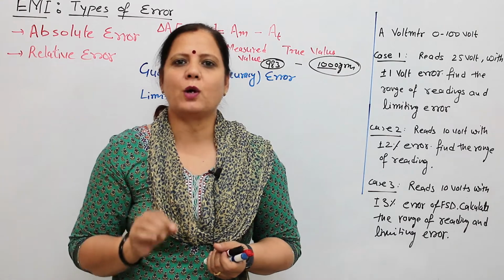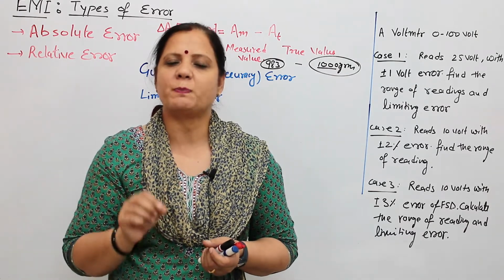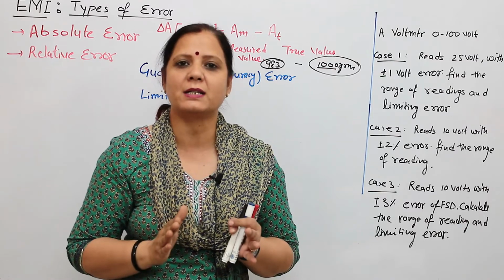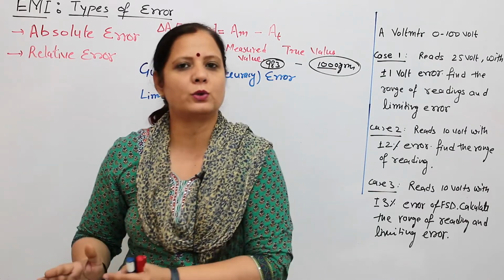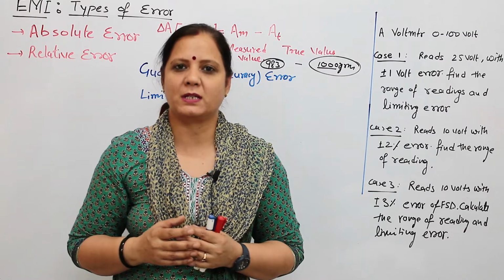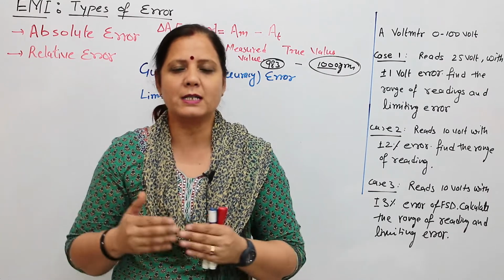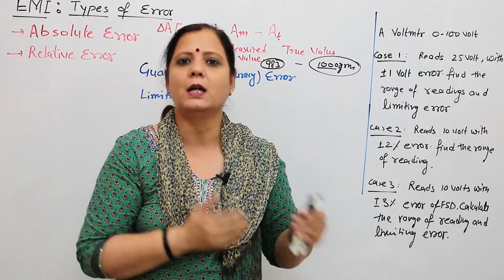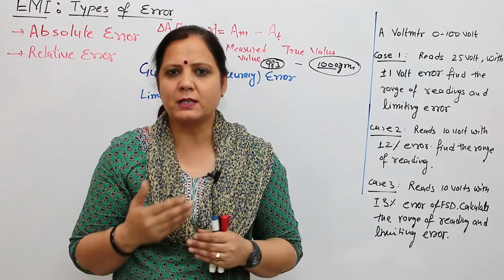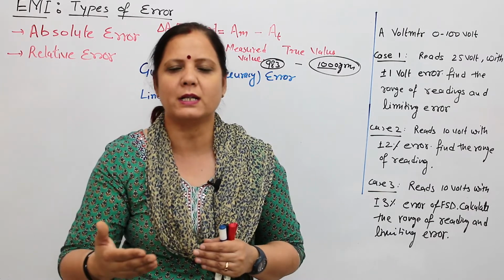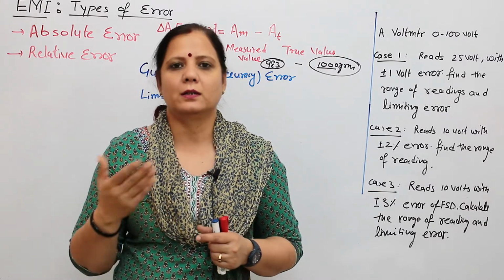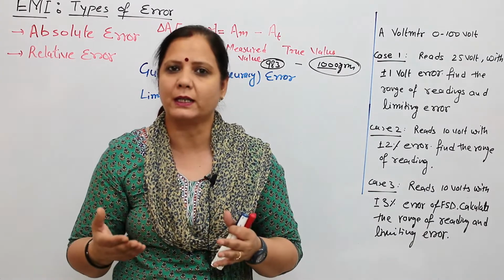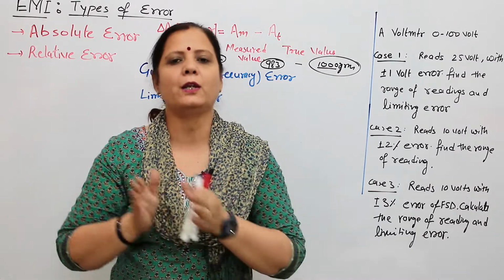When you are facing a competitive exam, the examiner will specifically mention that the true value is 1000 gram and the machine measures 17 gram lower than the original value. What is the measured value? Since it reflects a value lower than the original, you take a minus and get the measured value. Similarly, when it says that the measured value is higher than the original value, you simply add 17 to the original value and the measured value will be 1017 gram. So error can be plus 17 or minus 17.